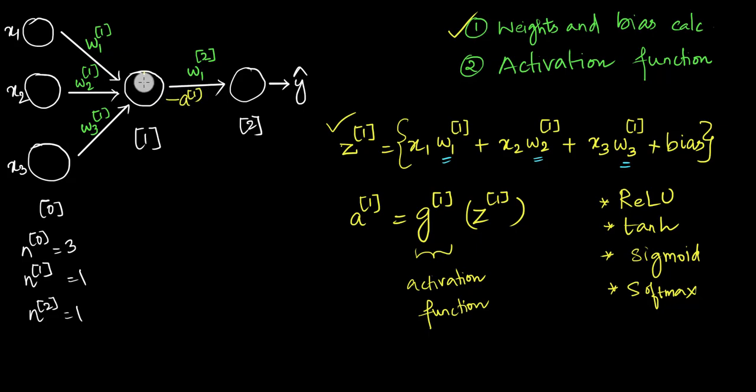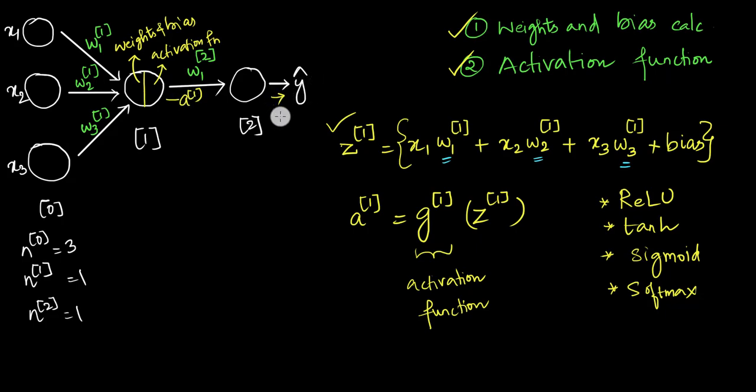So this a1 is generated after two things. The first thing is nothing but the weights and bias calculation, and the second thing is nothing but the activation function. So that is what the two things that a neuron actually does. So this output a1 from this neuron becomes the input to this neuron. Again, this neuron also undergoes two things, the weights and bias calculation and the activation function. After that, this y hat is calculated. So that is how it is basically mentioned.